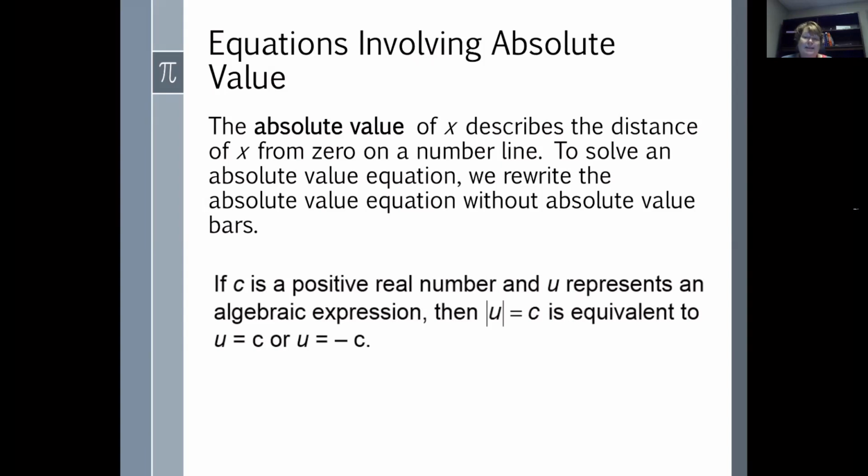The stuff inside the absolute value bars could be c. The absolute value of c is equal to c. However, the stuff inside the absolute value bars could also be equal to -c, because the absolute value of -c is positive c. So for example,